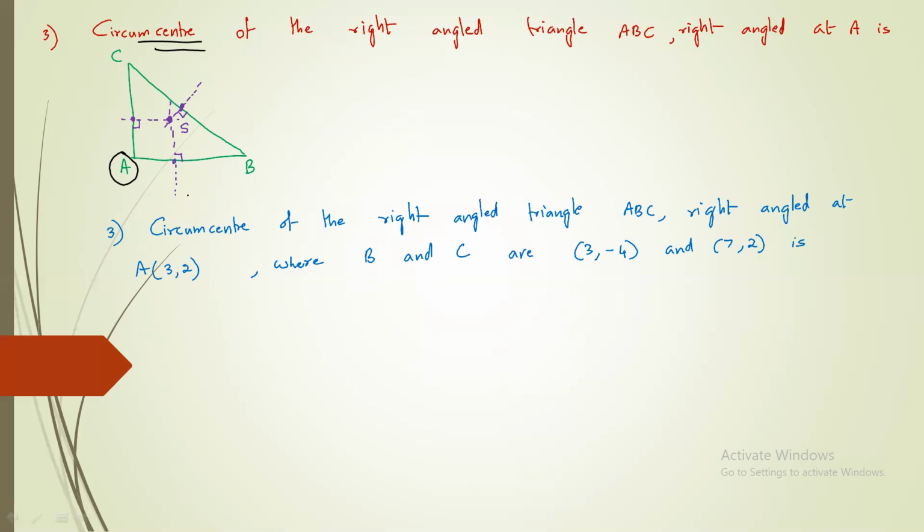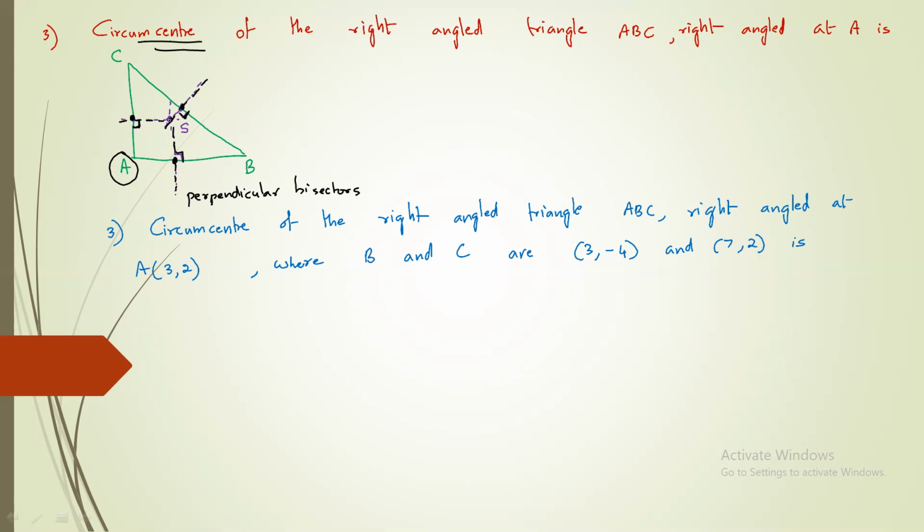You have to draw perpendicular bisectors of all the three sides of the triangle. Bisector means midpoint, perpendicular line at midpoint. This is perpendicular bisector. First you have to take midpoint, then you have to take perpendicular. That is the second perpendicular bisector. Next you will take the midpoint of the third side, draw perpendicular here. That is the third perpendicular bisector.